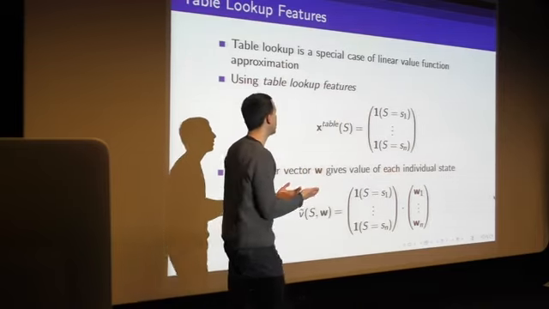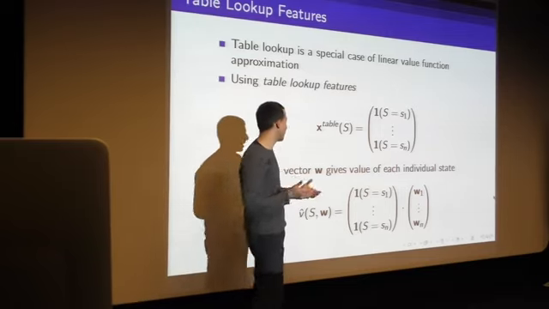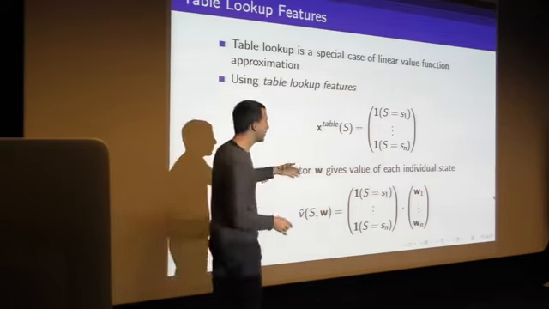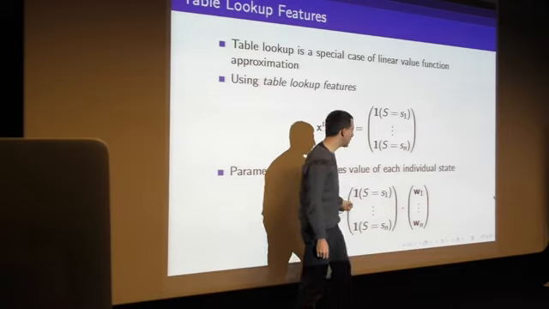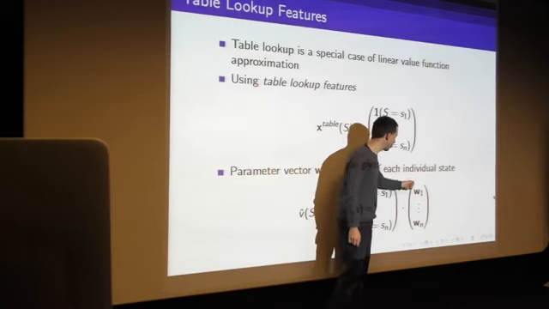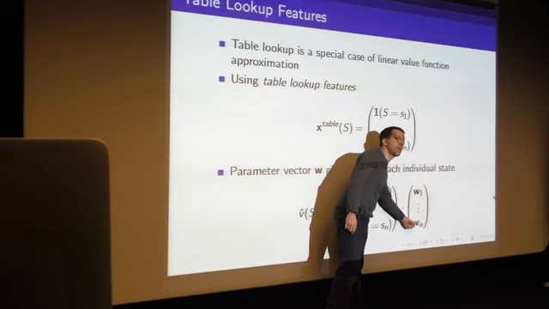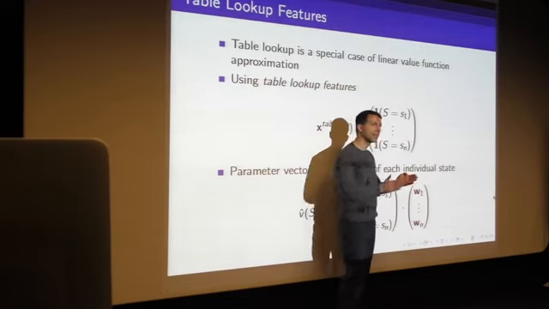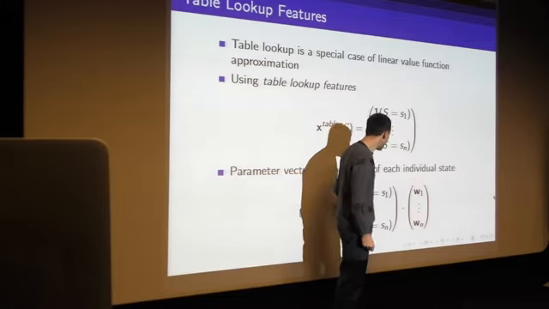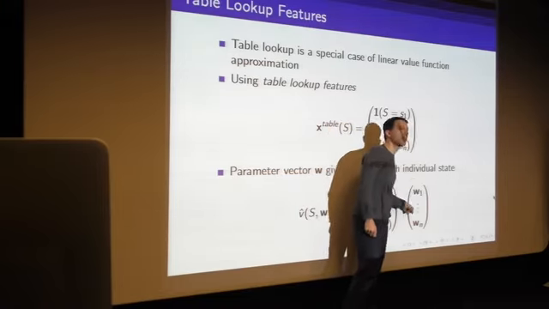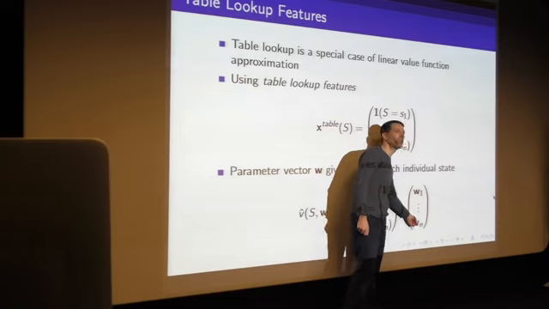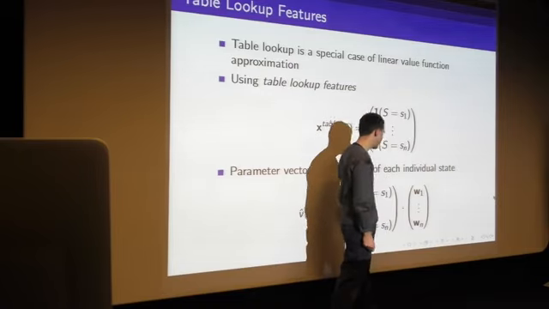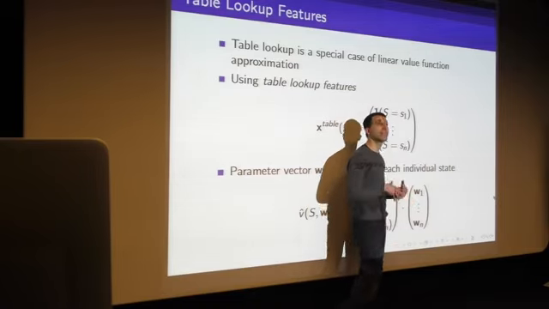If we use that representation, if we use this X table as our feature vector, then when we take our dot product between our feature vector and our weights, we see that we're just picking out one of those weights. So we've basically got a weight for every single entry of our table. We've got a weight for every single state in our state space. And depending on which state we're in, we're just picking out one entry from our table. So this thing just lets us select the right entry from our table. And now we're back to having a table lookup representation. This is our table. We've got one entry for each state. We pick out the entry of that state according to the feature, the state we're actually in at any given